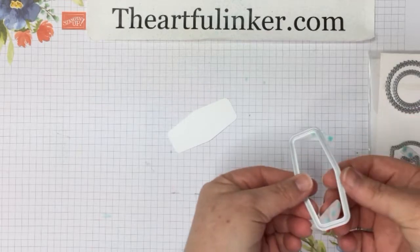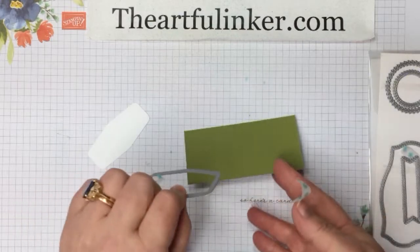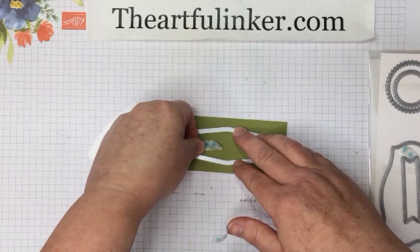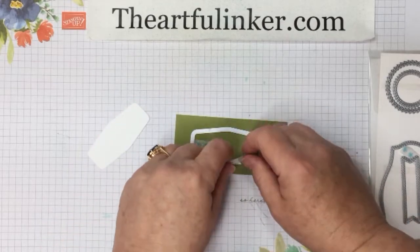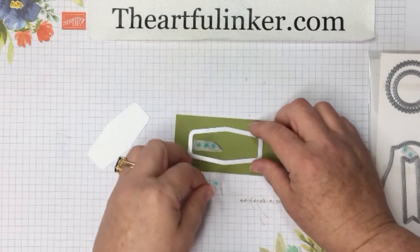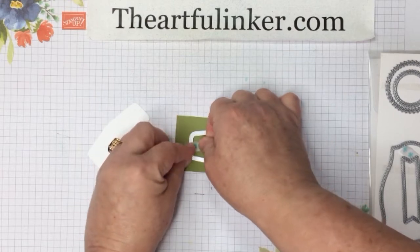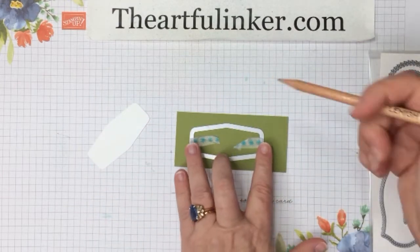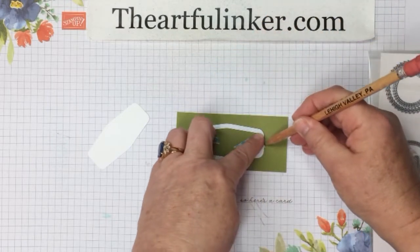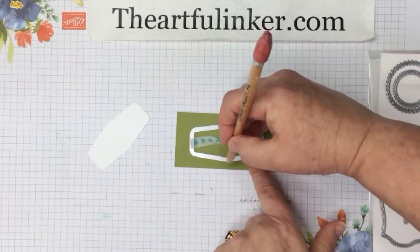And so I'm going to take my die, and I've got a little bit of washi tape on it, and I'm just going to place my die on this piece of Old Olive, and let's tape this down. Any sort of temporary tape would work fine. Sometimes I do it with no tape at all, but then you run the risk of your piece slipping, and all you're going to do is carefully trace the outline of the die,